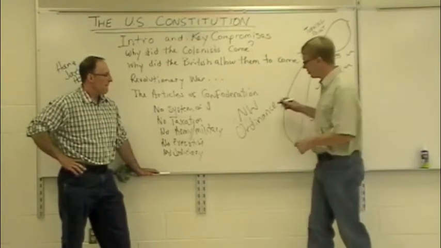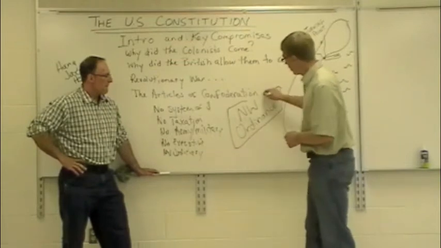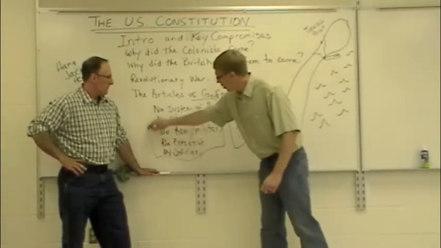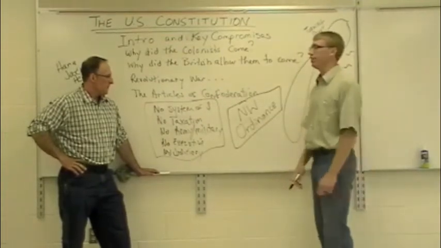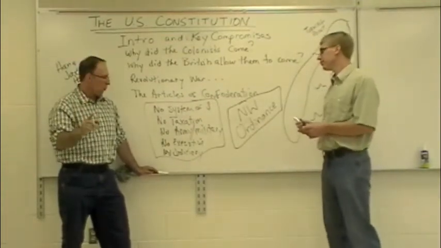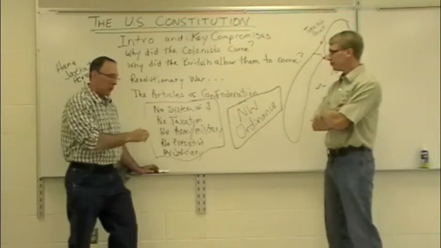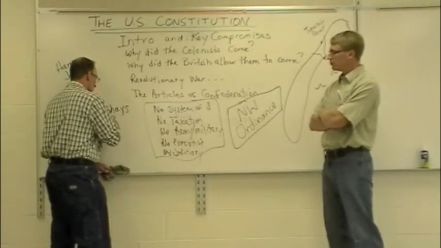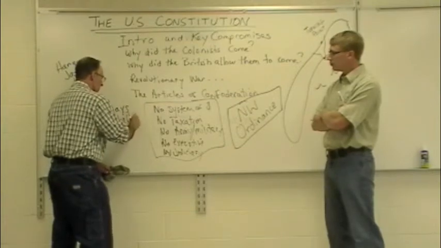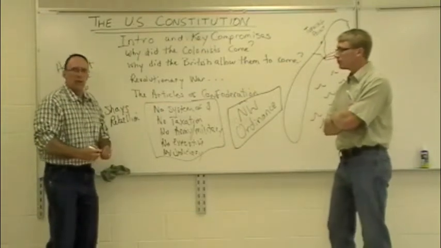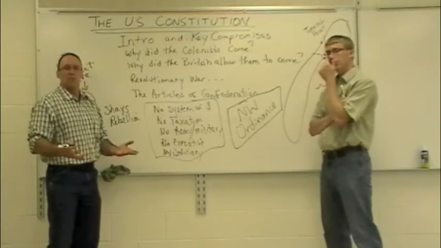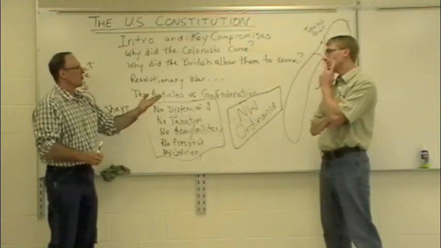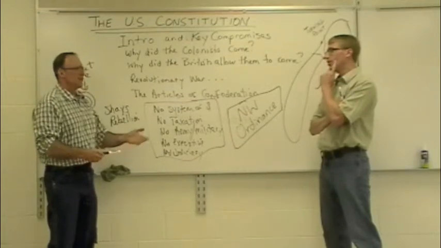But meanwhile, this success is the exception. The big key with the Articles is that they're too weak. They have all of these failures that Mr. Clark mentioned. And one event in particular helped to show the weaknesses, and that was called Shays' Rebellion. Daniel Shays, a farmer, was rebelling over an excise tax, and he rounded up a bunch of farmers to go raid the, what's it called with all the guns we get? The armory? The armory, yeah.